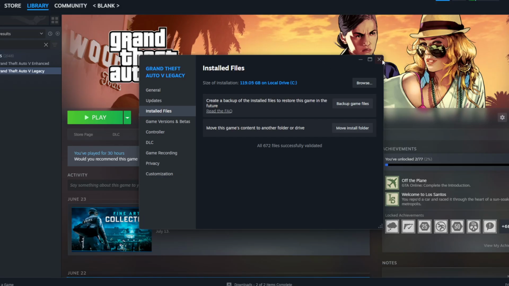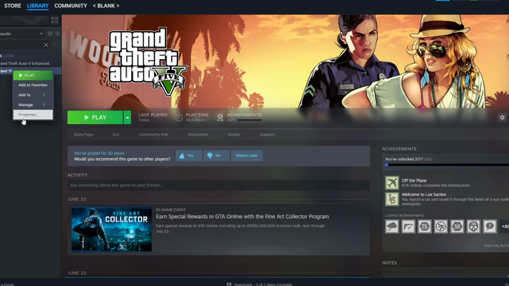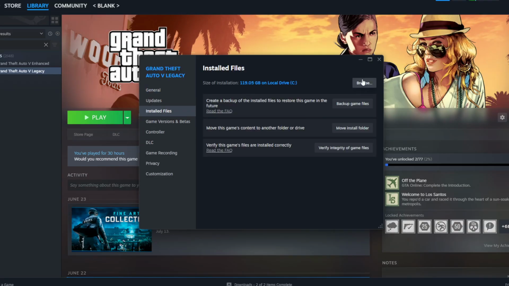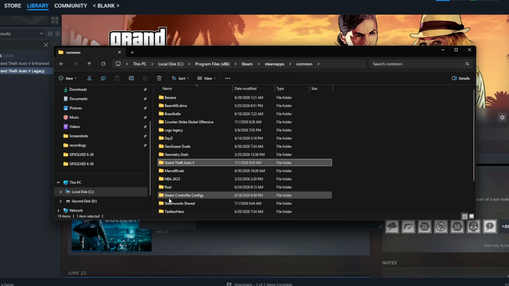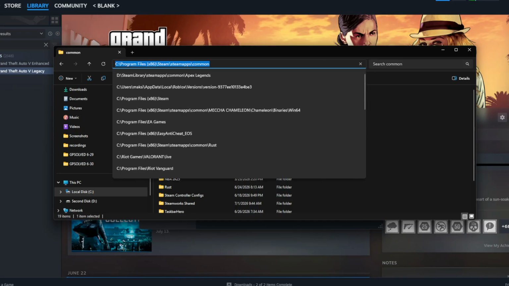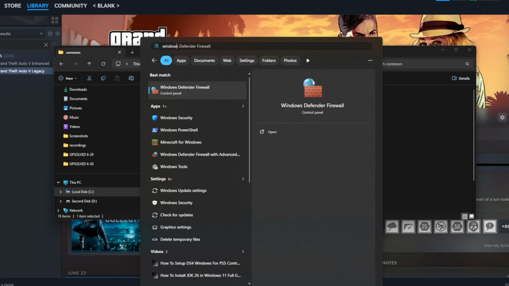So the first thing you need to do here is right click on GTA or other game, go to properties, install files, browse. Then you need to go to common and you should see a bunch of different games, and then you should see GTA 5. So what you need to do here is copy the path, and then you need to go to Windows